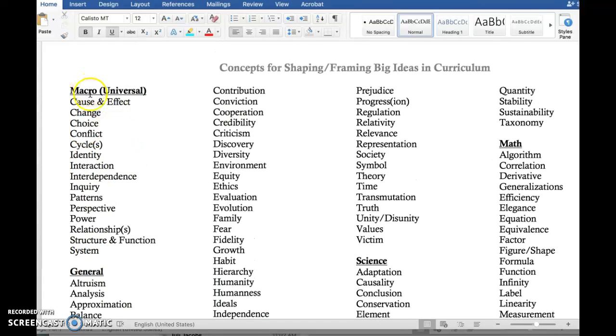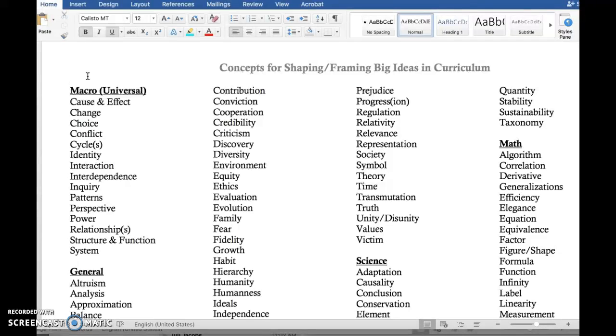At the top here, this is the part that's most relevant to us: these are what I would call the most macro or the most universal concepts. I may be missing one or two. Suggestions are always welcome, but in effect, these are the concepts that are the most transcendent, that cut across the most disciplines, and under which some of these other concepts could fit. So this was the mini list that I was working from.